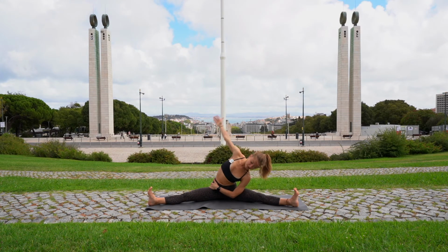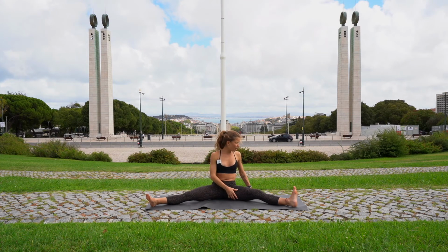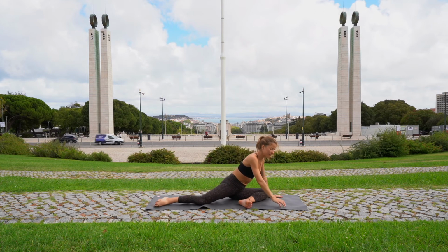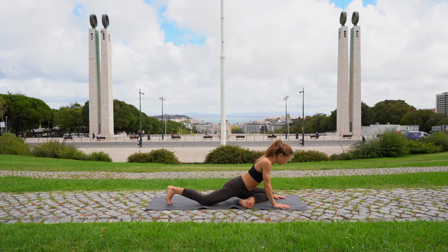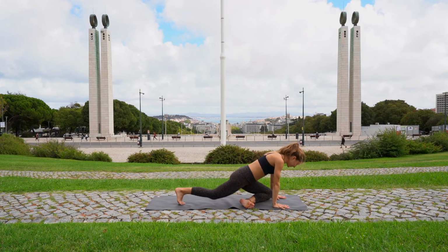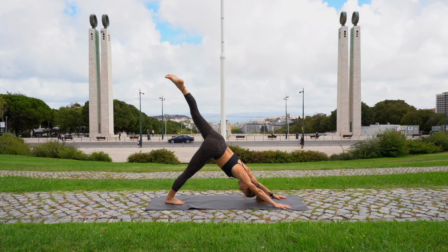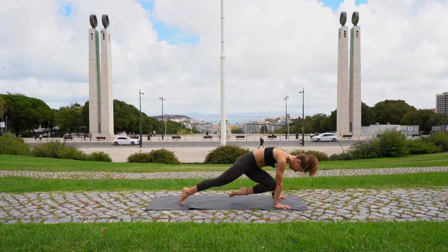We're going to inhale, come back up through center. You're kind of going to manipulate your way almost into like a pigeon pose to the back of your mat, but we still have to do those crunches. So plant both hands at the back of your mat, tuck your right toes, send the left leg up and back. So you're in a three-legged dog facing the back of your mat, and then crunch your left knee to your right elbow. Tap, hold for 3,